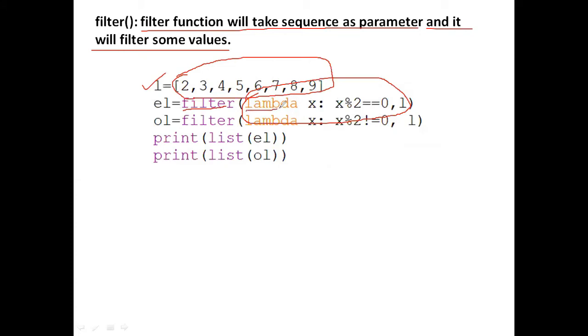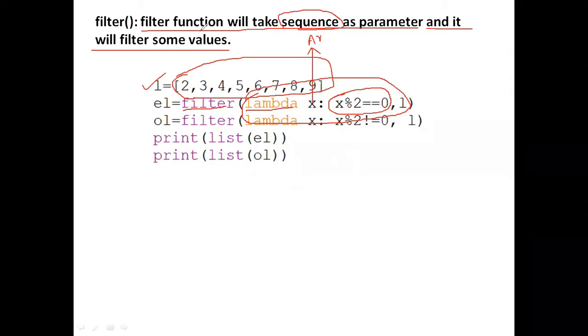What is the lambda function? The lambda function has arguments and an expression. In lambda x, x is the argument, comma L, which means L is a sequence here.